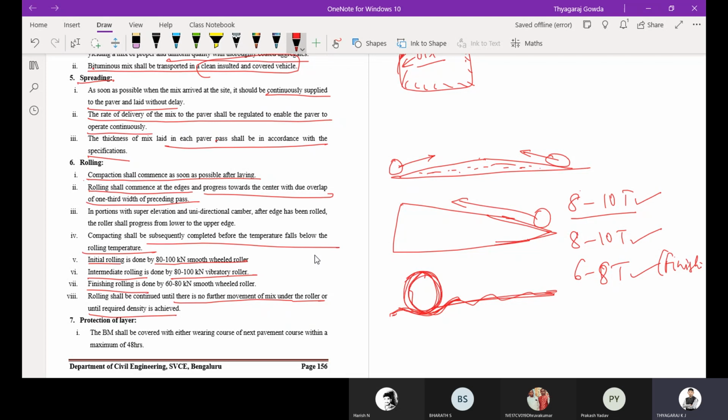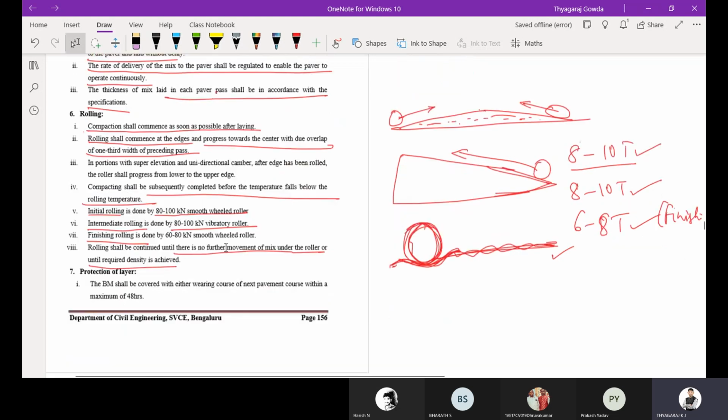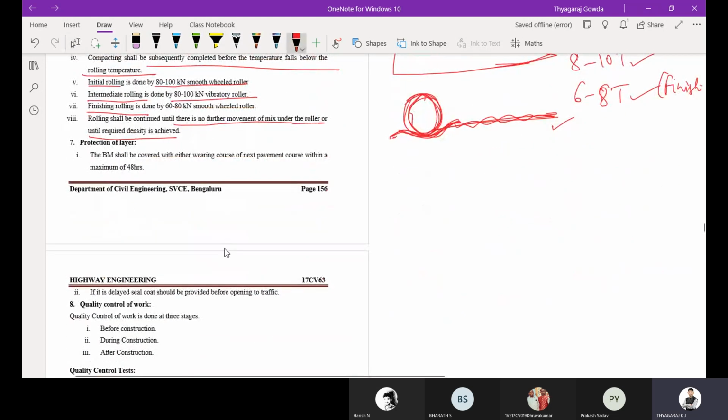Whenever the roller wheel moves, if there is any movement of the mix, then we are going to roll it till it sticks to the surface. Then protection of the layer, since it is an open layer.